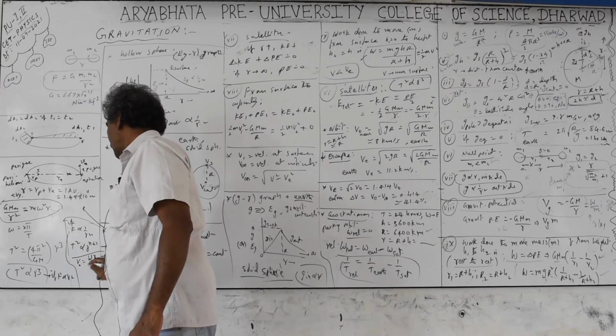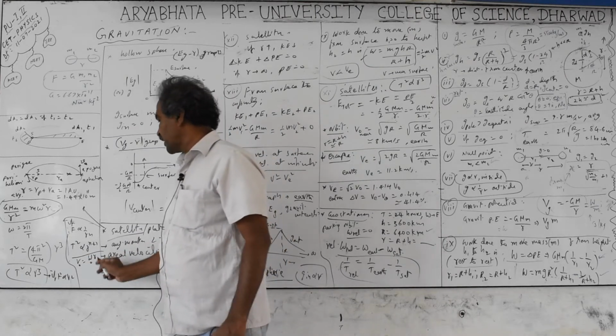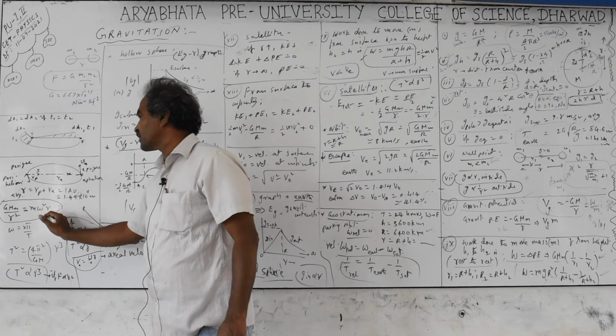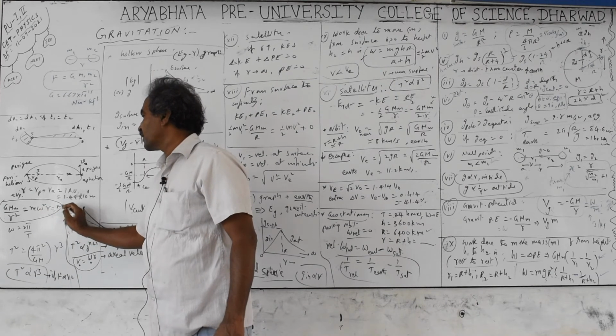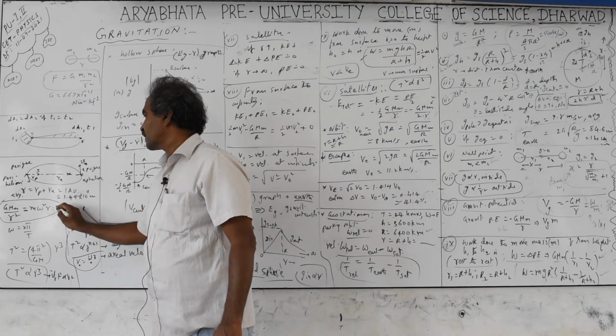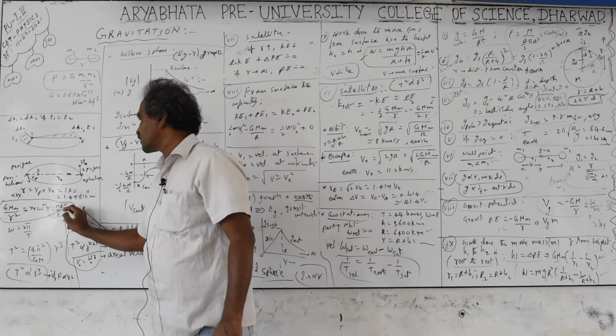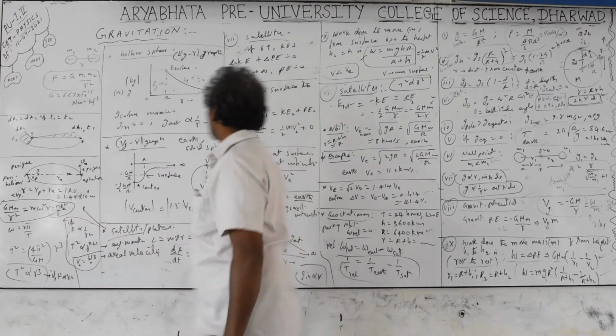Orbital means you have to take v equal to omega r. Capital R becomes equal to small r for small distances. So this formula we can write as mv square by r. This velocity v is called the orbital velocity.